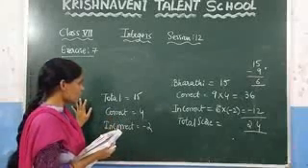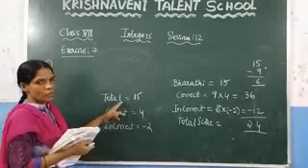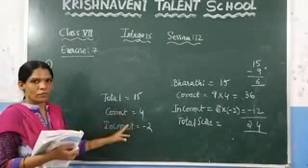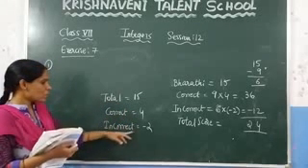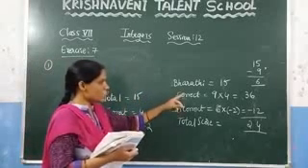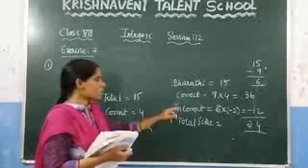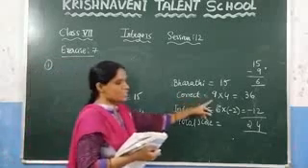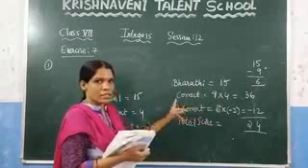So what is the question given here again? The total number of questions they have given as 15. For the correct answers, you get 4 marks. For the incorrect answers, minus 2 marks will be reduced. She attempted 15 questions. In that, 9 questions are correct. Since 9 questions are correct, you need to multiply with 4. So you get 36.